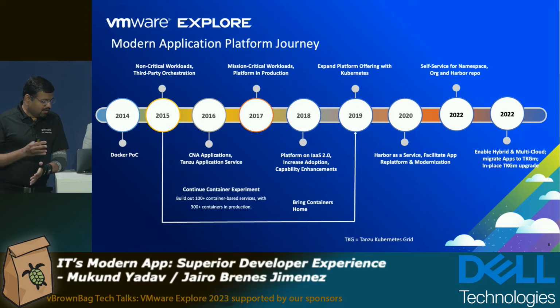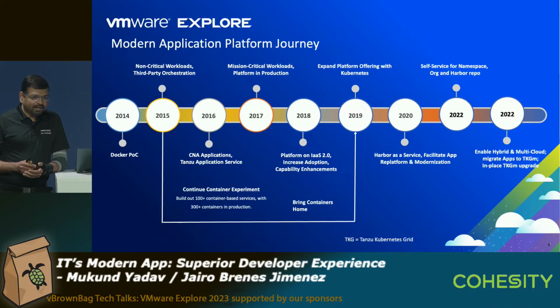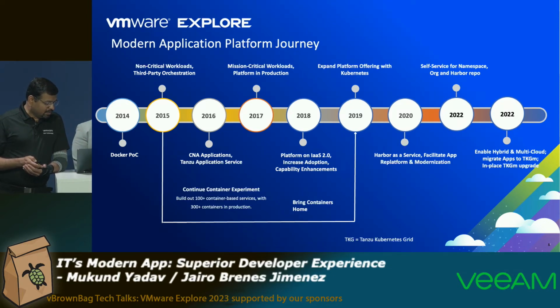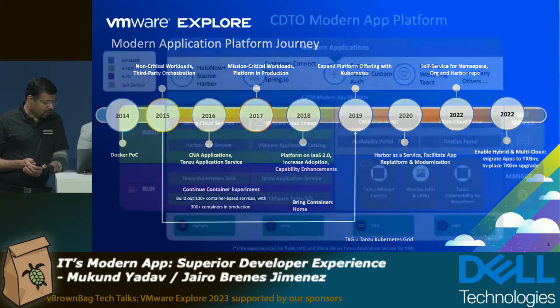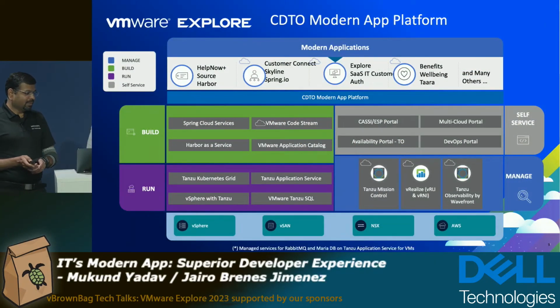So eventually, you can see the roadmap that we have come through. As of now, we have this modern application platform, which is mainly built using the Tanzu and ARIA products, being given to our developers. TKGM is the de facto platform that a developer uses for greenfield development and also for brownfield development. Okay, with this, let me hand it over to Jairo to take you through the current state of the modern application platform that we have in VMware IT.